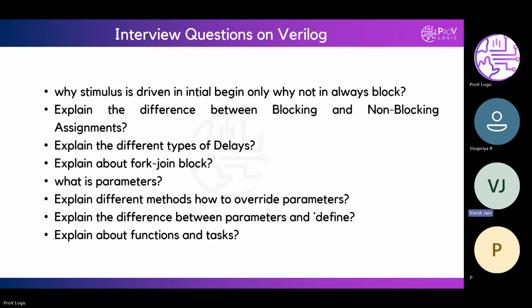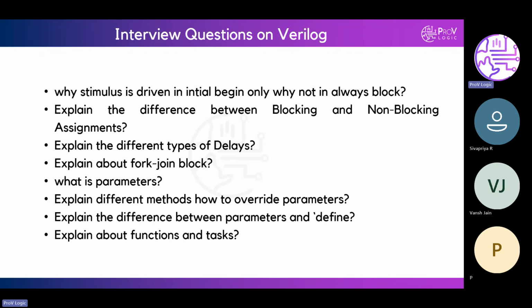If multiple modules are there, we should use tick define. For example, in a project, if you want to declare some constant value common to all modules, we can use tick define. We can declare one constant value and use it in each module.